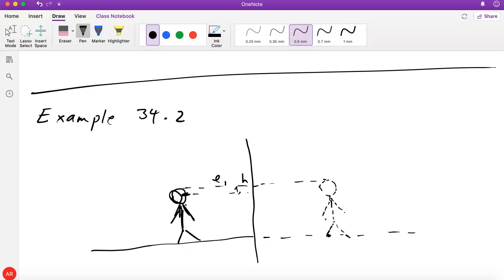So the ray from the bottom of the image, it should be able to reach your eye. So if I draw a line from the bottom of the image to your eye, the bottom of the mirror cannot be above this point, right, where that ray hits the wall. And again, from the top of the image, if I draw a line to your eye,